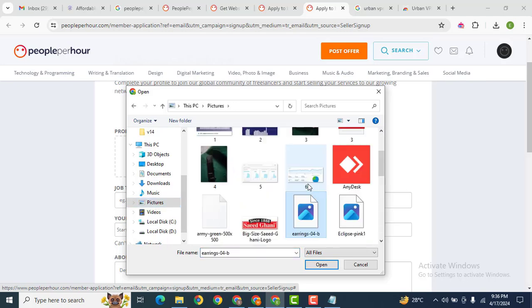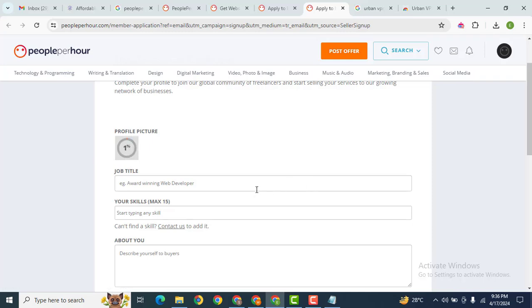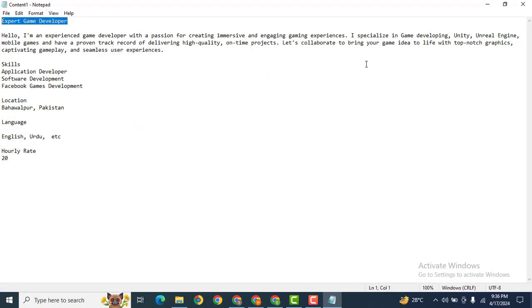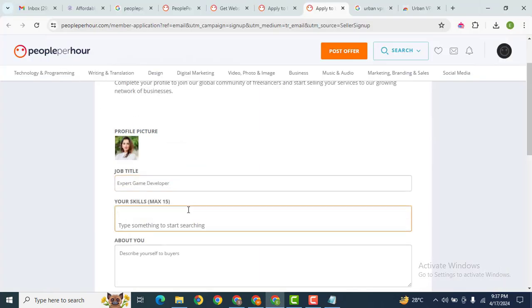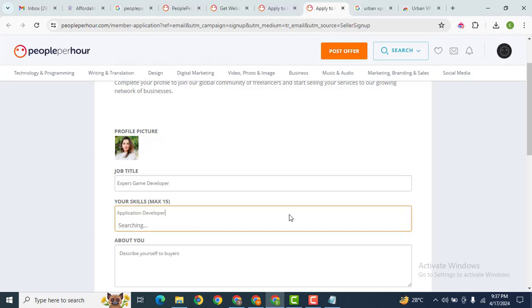Let me add one for demo. So let me select one of the images, and after that let me show you what you need to add here. First of all we need to add a title. Then after that we need to add skills. So these are the skills: application developer, software development. Let me copy this one and add here. Then after that enter,